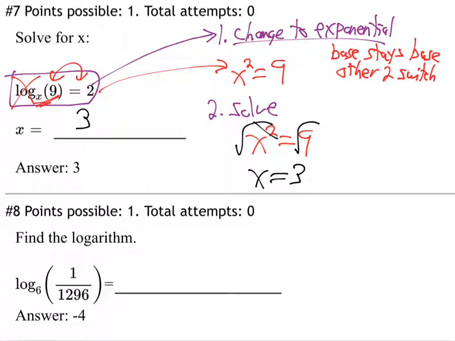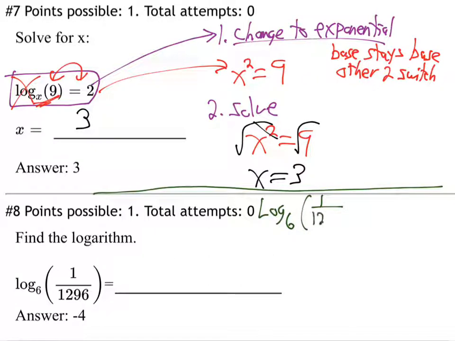Let's try number 8. So, on number 8 here, let me bring it over here. Log base 6 of 1 over 1296. They want me to find out what that equals. Well, what we can do is just go equals x. They don't have any right side, so I'm just going to call the right side x. That's the answer we're trying to find. Now, you know what to do. Step 1,